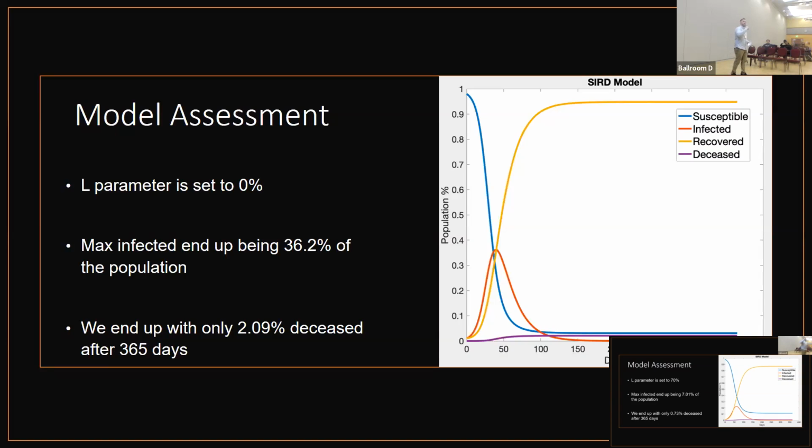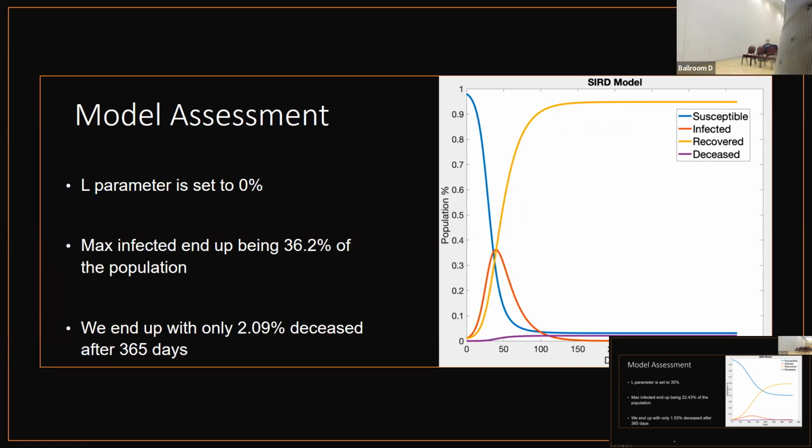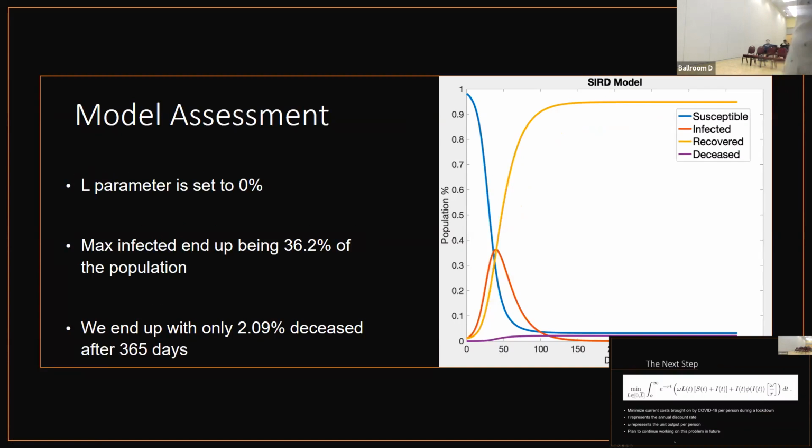I had some more slides showing like 35% lockdown. I apologize that I don't have those in here, but that's kind of how the dynamics of that model are working out under lockdown. This was supposed to be the 70% slide. So we see a definite flattening of that curve over time with more lockdown.